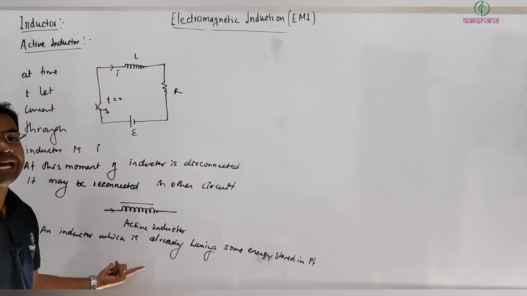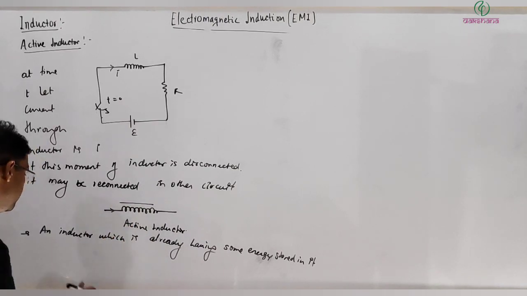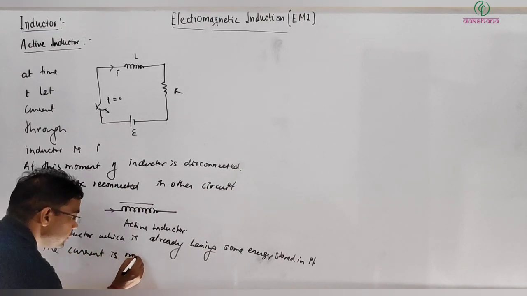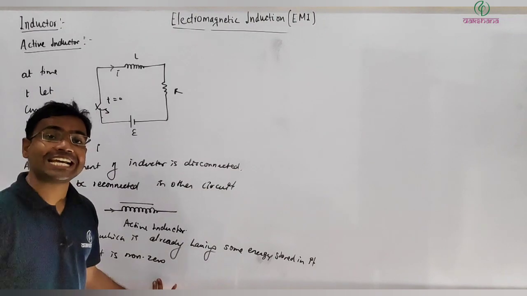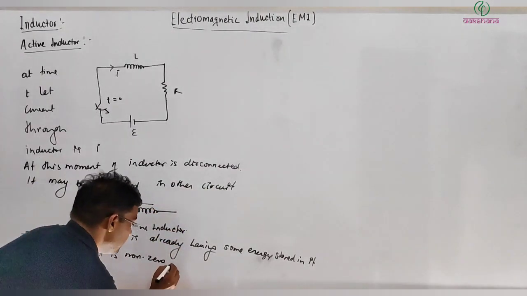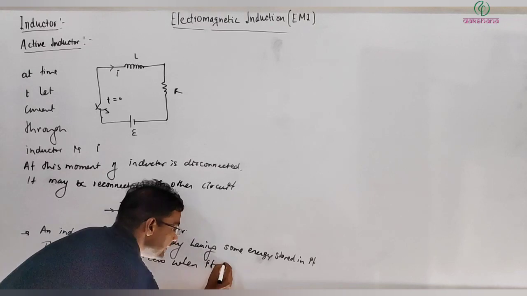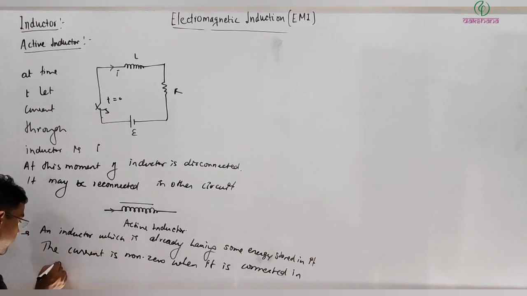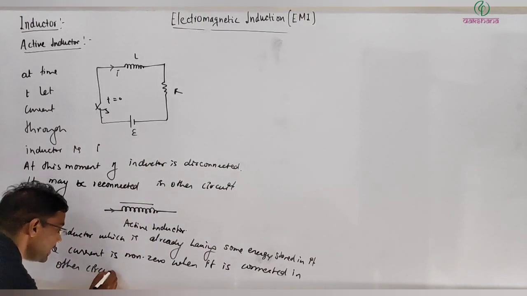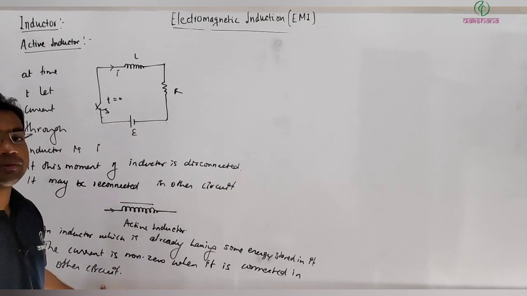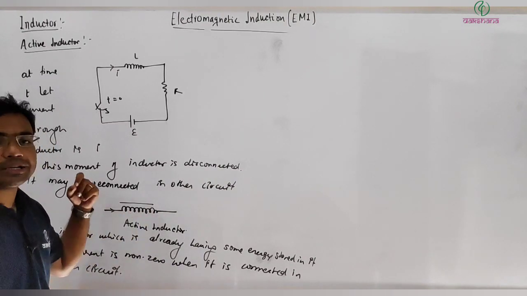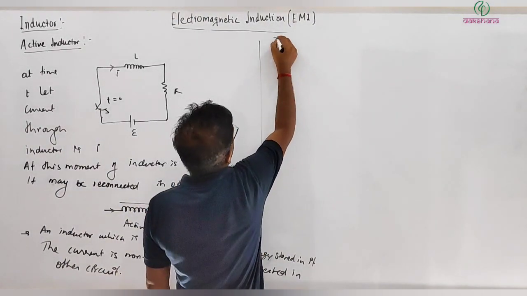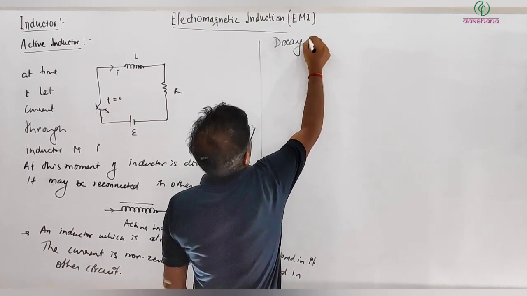An active inductor means one which has energy already stored. The current is not zero, means the current is non-zero when it is connected in another circuit. So initially at that time this current will not be zero. Then this is called an active inductor. Okay, so let's see next, decay of current